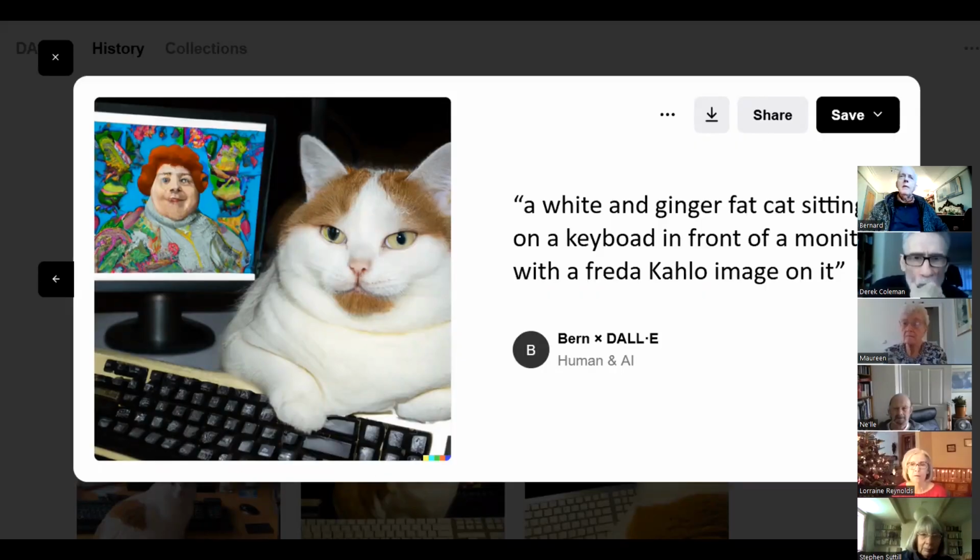So I started looking at it myself. I was doing something on T.S. Eliot's The Waste Land, and I asked for an image of somebody in a library reading The Waste Land and looking very bored. And this is one of the images it came up with. That was the first one I tried. Not particularly impressive, but